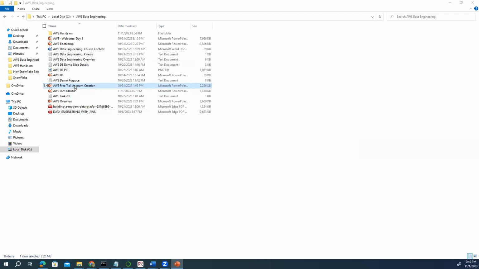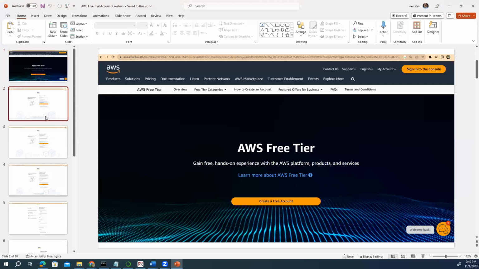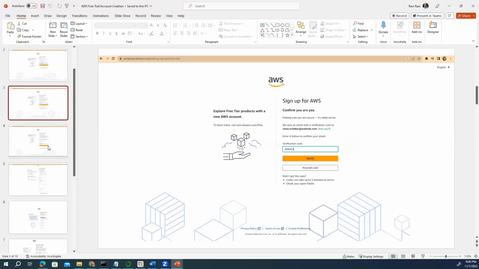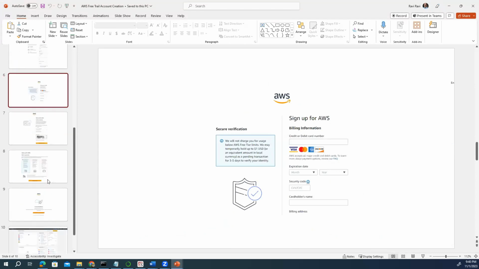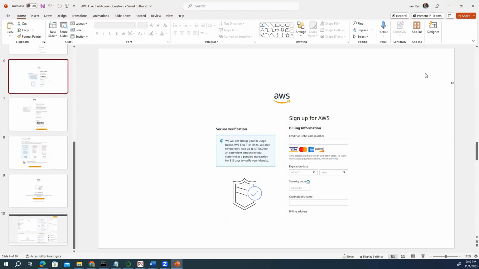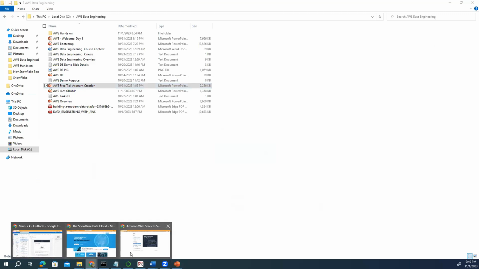I don't go through this thing today because I'll give you this free trial thing and then you can try it on your own. It will be a step-by-step process that you can do. And I don't give my credit card and debit card information. You should be able to create that particular account on your own. Okay. So once this is done, the next thing we do here is we come to this place of